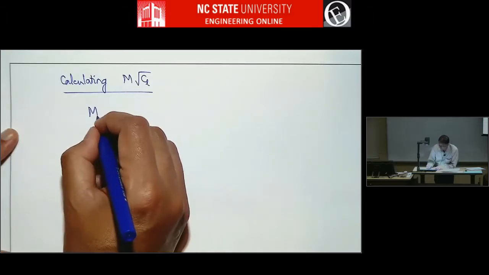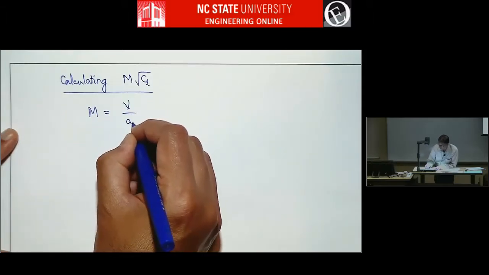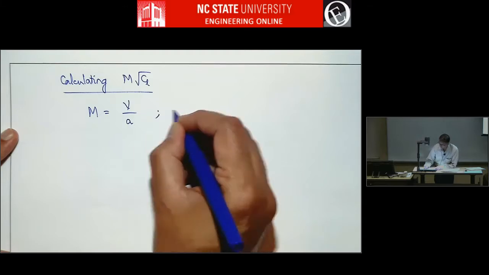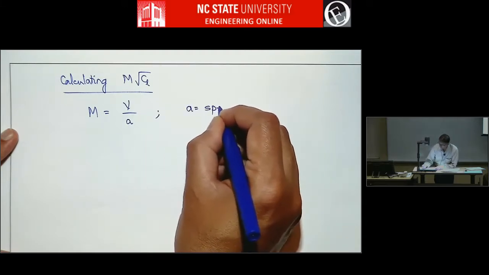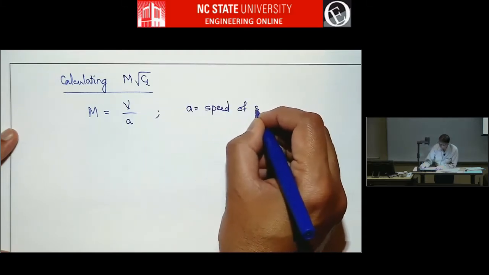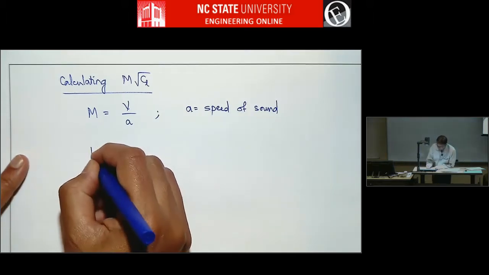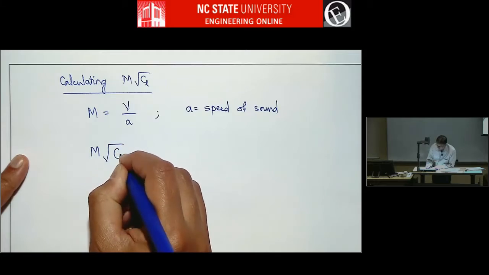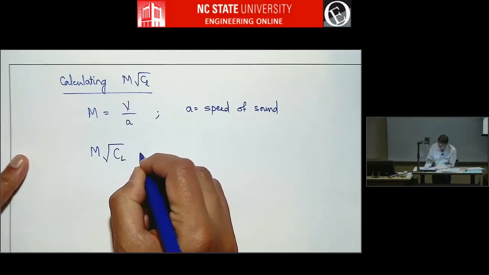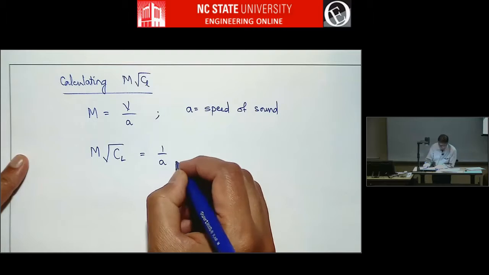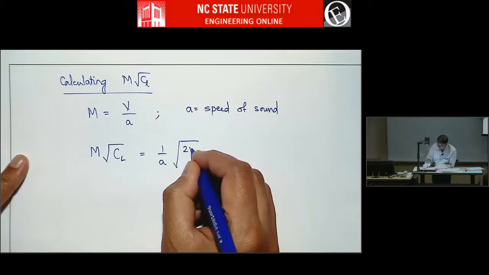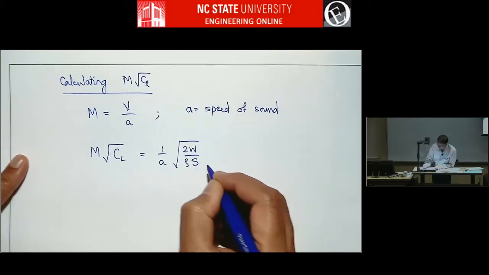Mach number is velocity over speed of sound. So when the aircraft velocity changes, Mach number changes, and aircraft velocity is going to change with lift coefficient. So Mach times square root of CL is 1 over A times the square root of 2W over rho S,